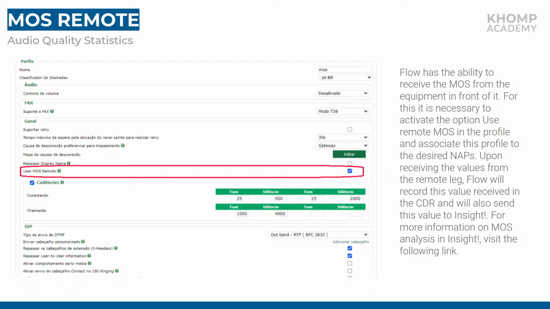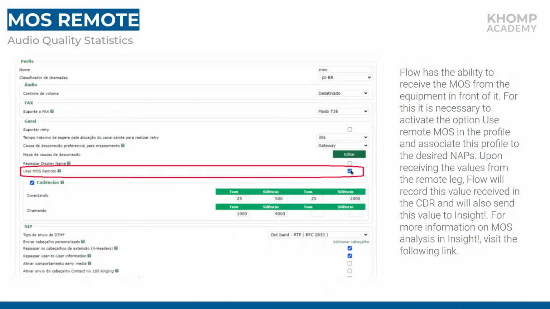So you can do that for so many elements. You can send it, but obviously it's going to depend on whether that element is going to handle that kind of information. So you can enable here the remote MOS, and once you enable this,